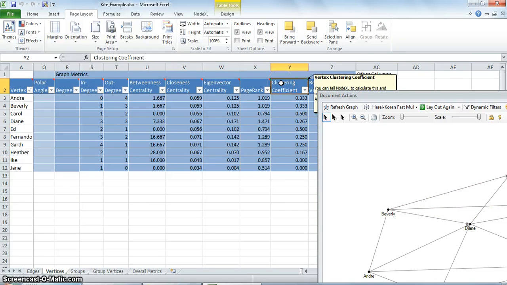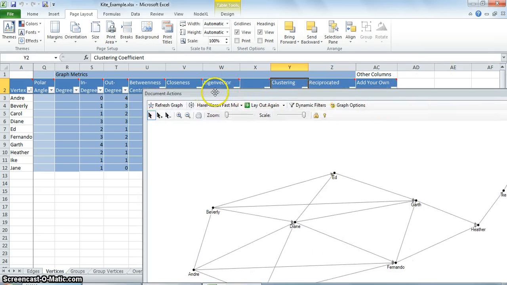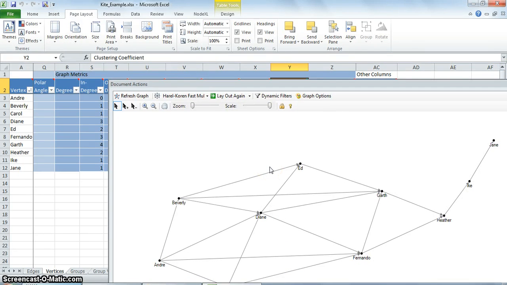Coming to the clustering coefficient, in some cases a person's friends may be friends with one another. For example, in the kite example, Ed's 3 friends, that is Beverly, Diane, and Garth, are all directly connected to one another, creating a clique. A clique, or a complete graph, occurs when all vertices in a group are directly connected to each other.